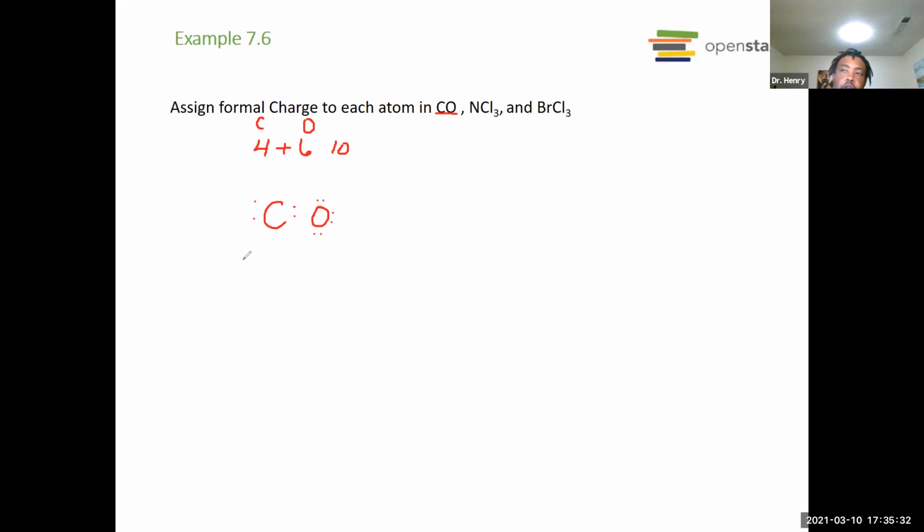Okay. So we want it so that both of them have 8 around them. So the only way that we can make this work is if we take this guy, put it in here, and take this guy, put it in there. So then we'll get